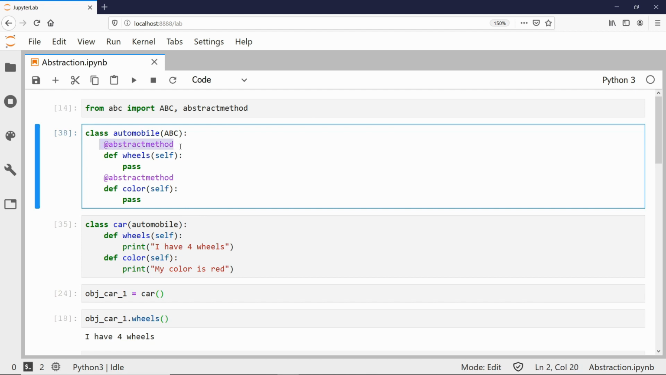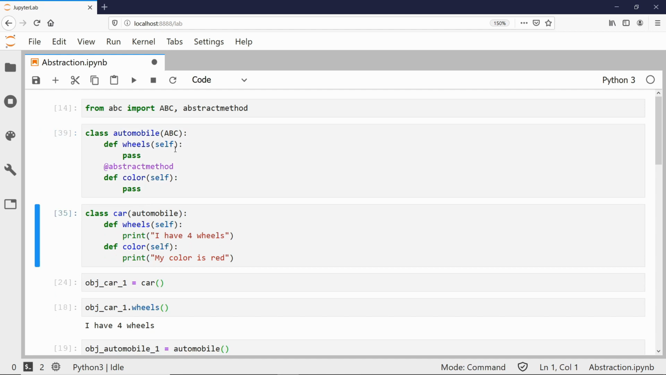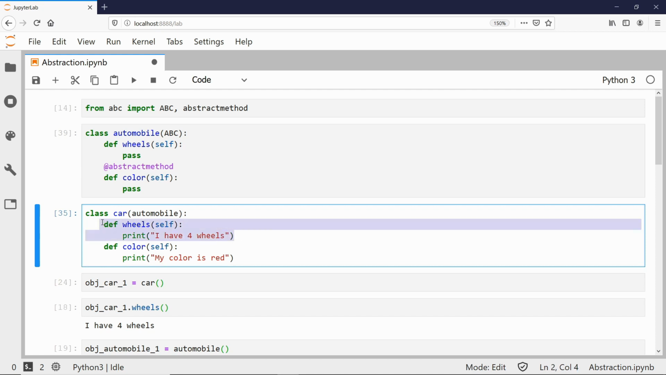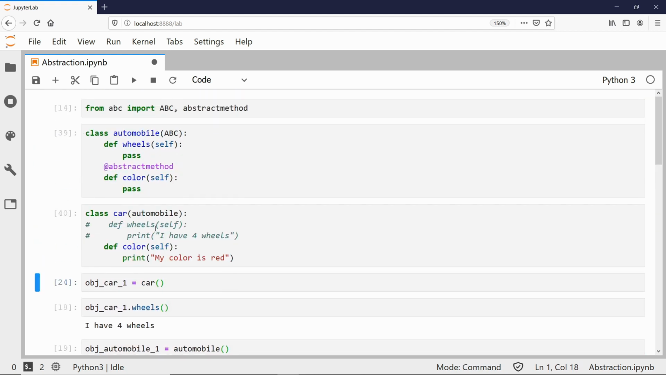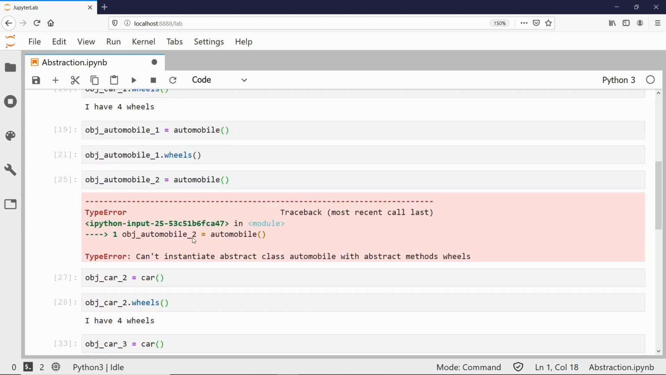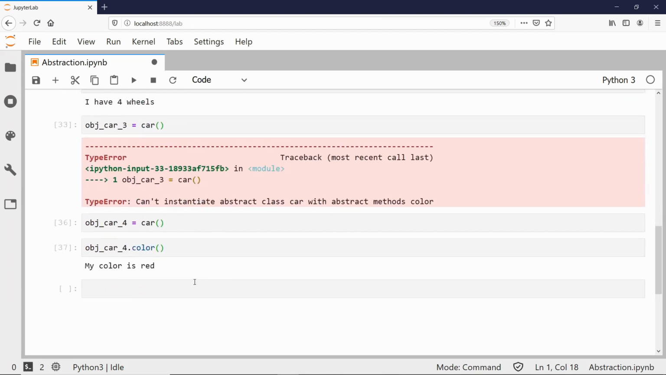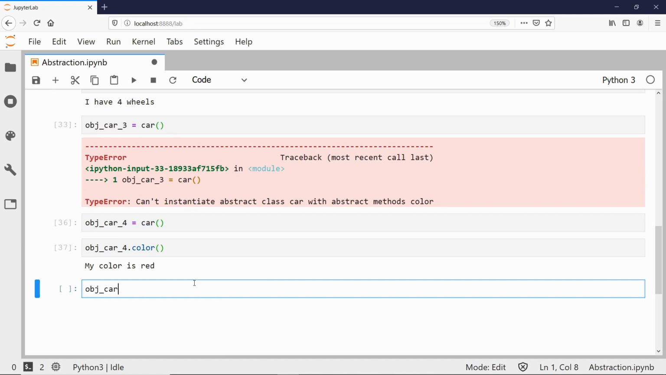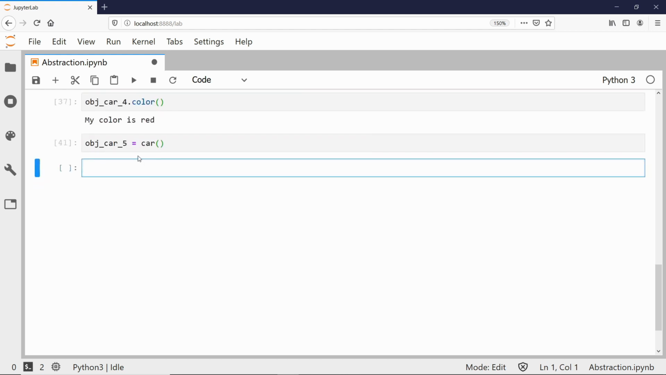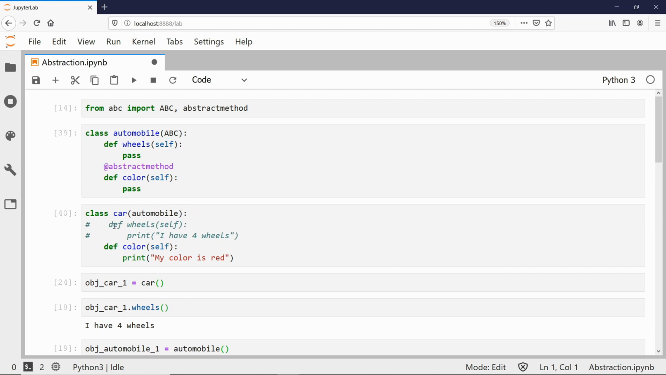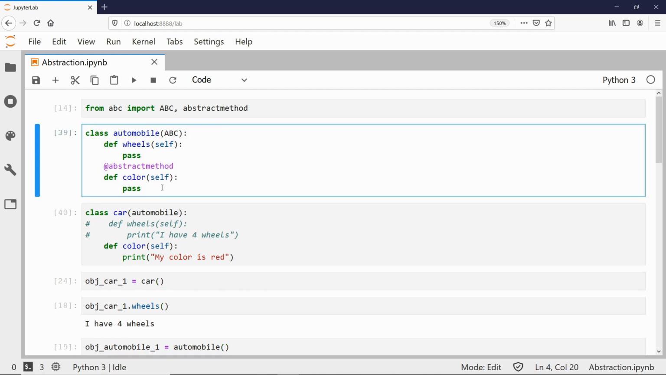To test the same, I'm going to remove this abstract method. So now the wheels is free. I'm going to take off this wheel and comment it out. So this should not throw me an error if I create an object. Yes, it did not throw me an error, even though I don't have a wheels class, because here the wheels class is not abstracted. So when the abstraction is really useful is